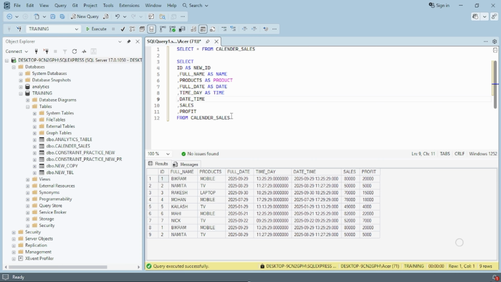Similarly, instead of calendar sales, I can also use a new name that I assign to the table. Mostly we use it when we are selecting data from multiple tables and performing operations like join, where we have to take the reference of the table name. For example, we have table A and table B. In table A I have full name, and in table B also I have full name. So when I take only full name here,